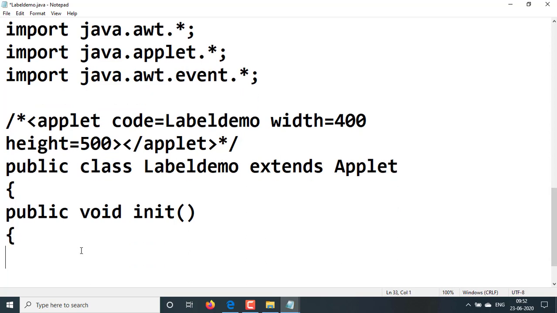Next, here we are creating the controls, and these controls are created by using this syntax. Our program is label demo, so we are going to create some labels.